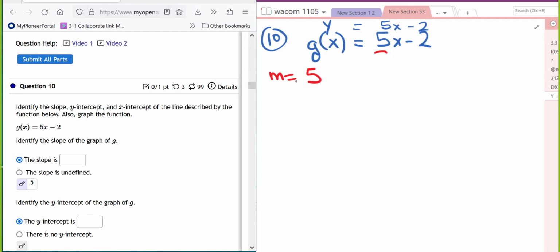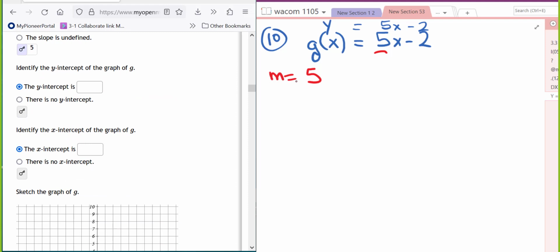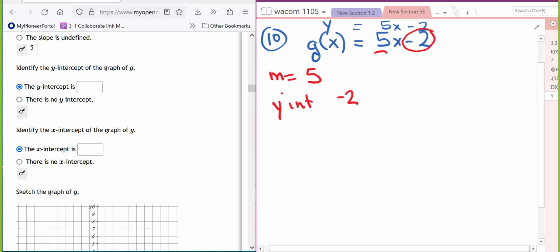Good. Showed up down here. All right. Y-intercept is also easy from this form. Y-intercept will be this number, and it doesn't say to write it as an ordered pair. So we could just answer -2, and that's what they're going to want. If you tried to type an ordered pair, it would probably say syntax error. All right, the last one's going to cause us a little more work. When they want the x-intercept,